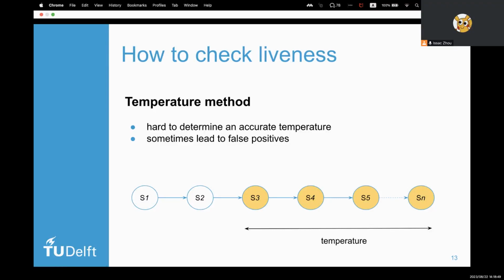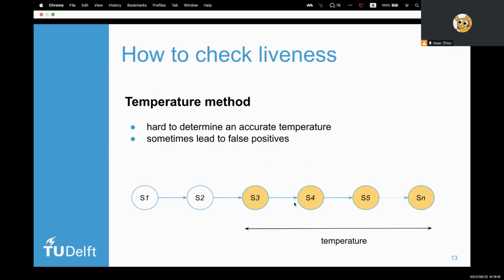Now let's introduce two liveness checking methods. These methods are built upon the notion of a hot state, which is a bad state where the system may not satisfy some properties or produce some useful results. Intuitively, the temperature checking method reports, for example, these states as hot states.